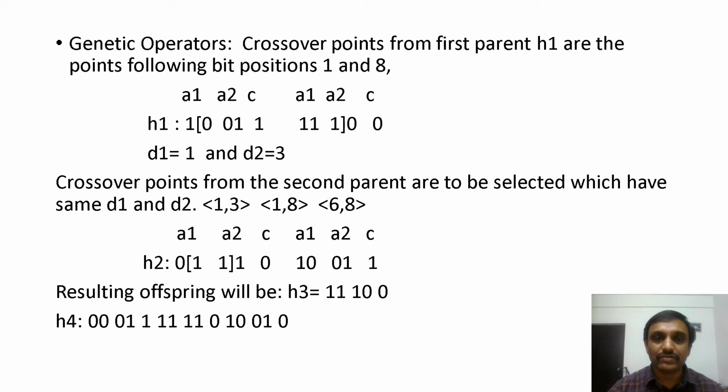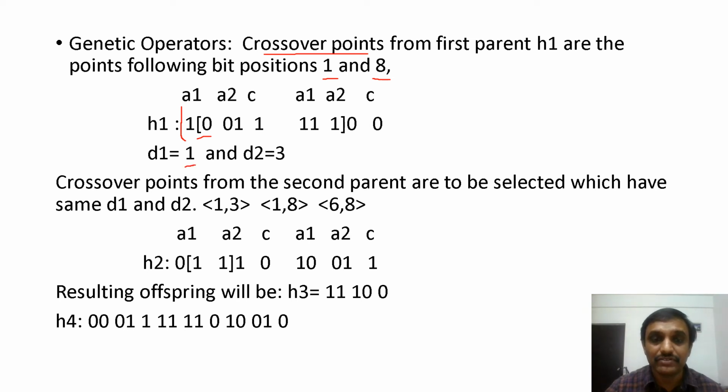To apply this crossover operation, first we get the crossover points for the two parents H1 and H2. Here the crossover points we considered for the first parent are 1 and 8. In the case of H1 we have 10 bits in total: the first 5 bits are from the first if-then rule, and the second 5 bits are for the second if-then rule. See, the first bit position 1 is present in the first if-then rule. Before that, to the left side, how many bits are there? One bit is there.